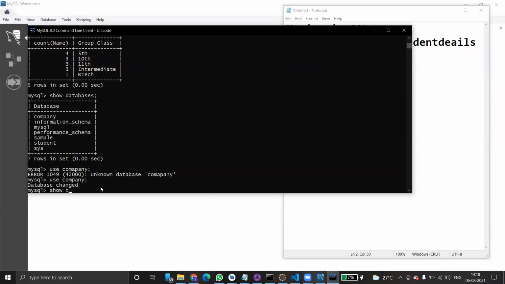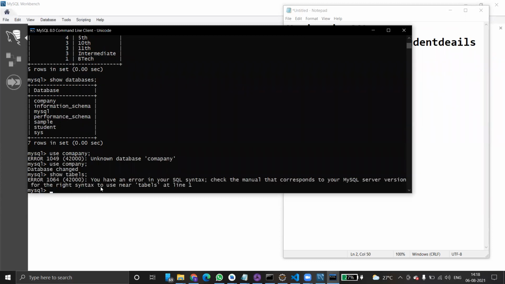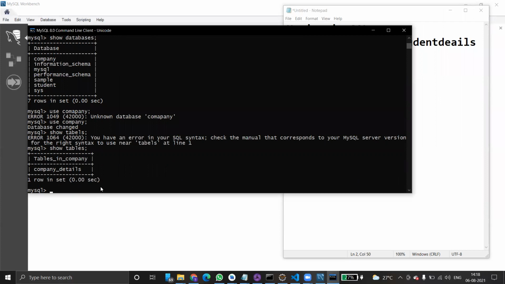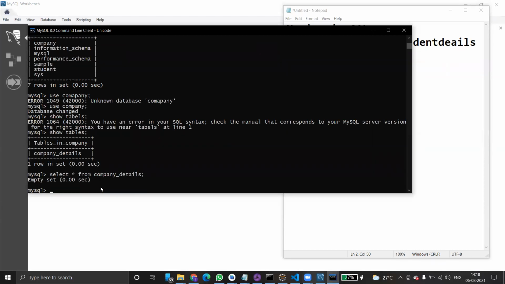Show tables. We have an error in SQL command. Check the manual version and find the syntax. Okay, got it. Select star from company_details. Oh, empty.